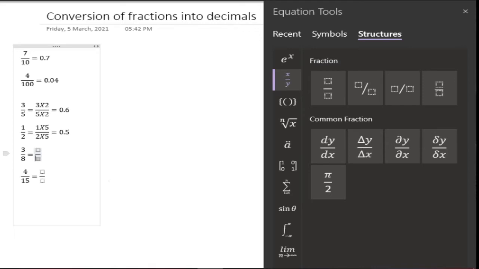So here the prime factorization for 8 is this. Can 8 be converted into 10 raised to power n? Yes, easily, because each of these 2s can be converted into 10 by multiplying with 5. So by multiplying 8 with 5 into 5 into 5, that means 125. So we multiplied the denominator by 125 and we are multiplying the numerator also by 125, and we actually got